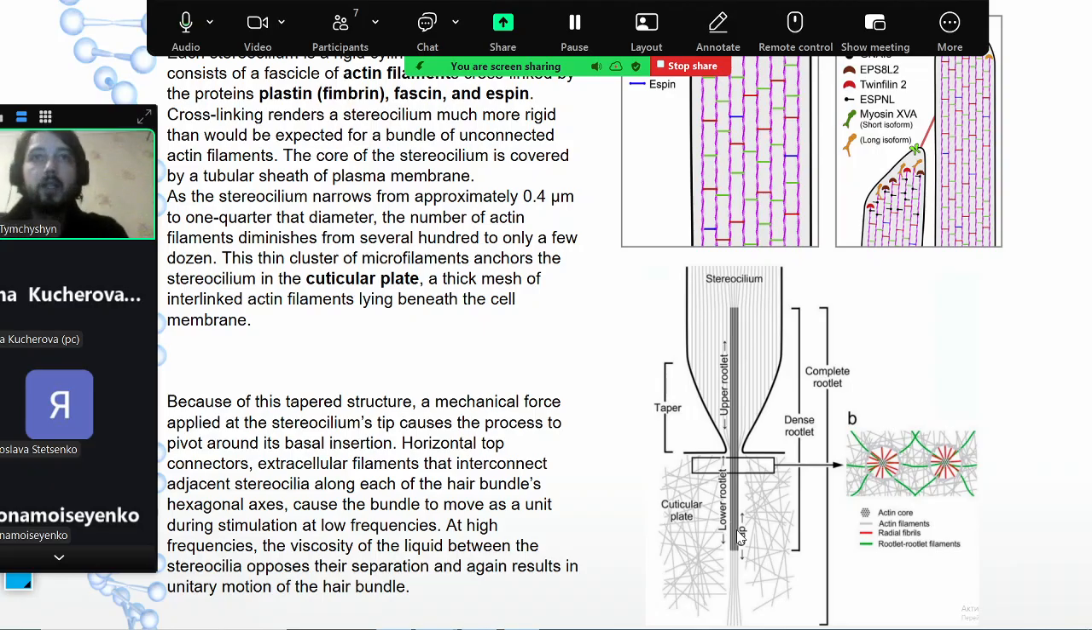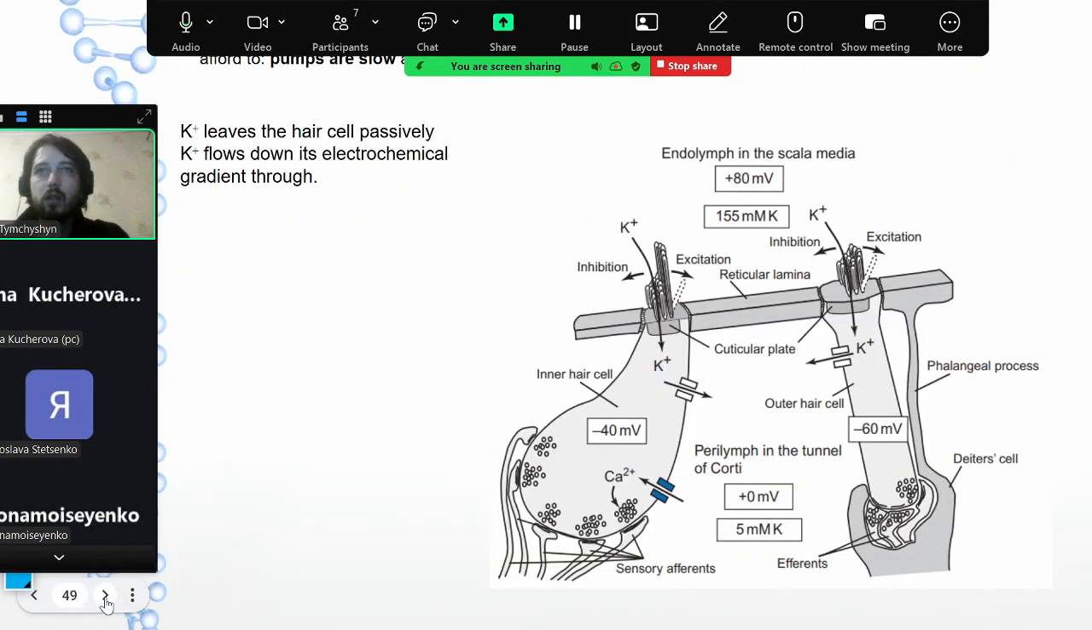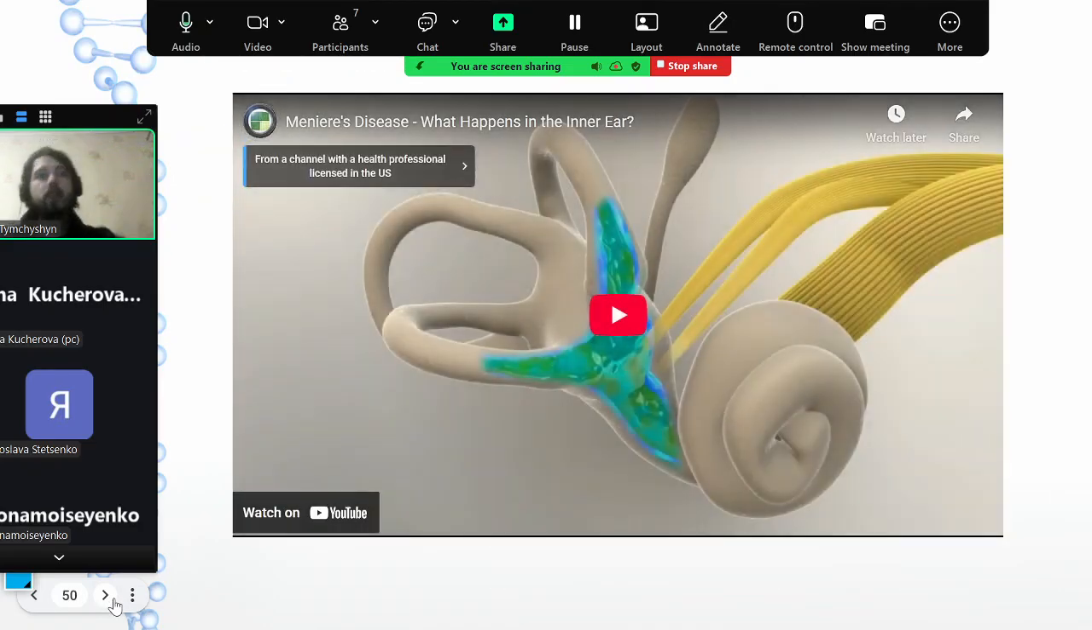They have some sort of tapered structure, and mechanical force applied at the stereocilium tip causes the process to pivot around its basal insertion. So here you see this part. I don't think I need to get into all of those details. I hope you understand on some intuitive level how that works and how these stereocilia may sway here and there. Good. Now I will show you some video, but let's